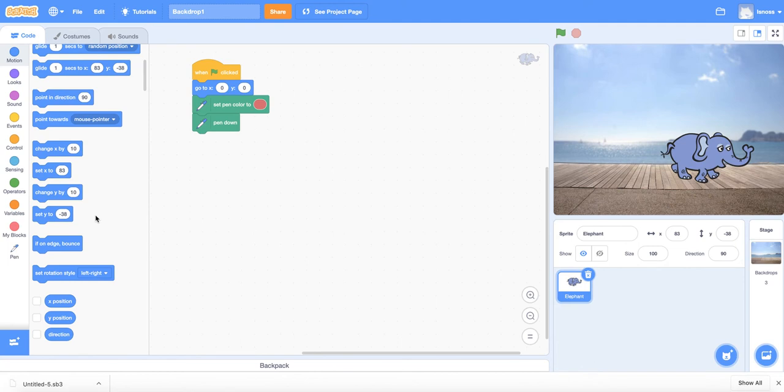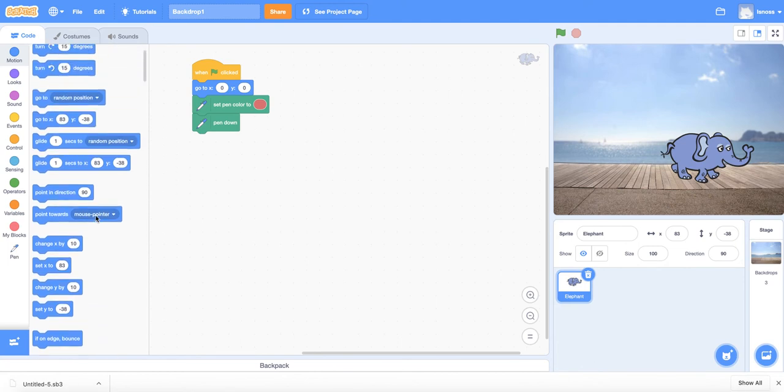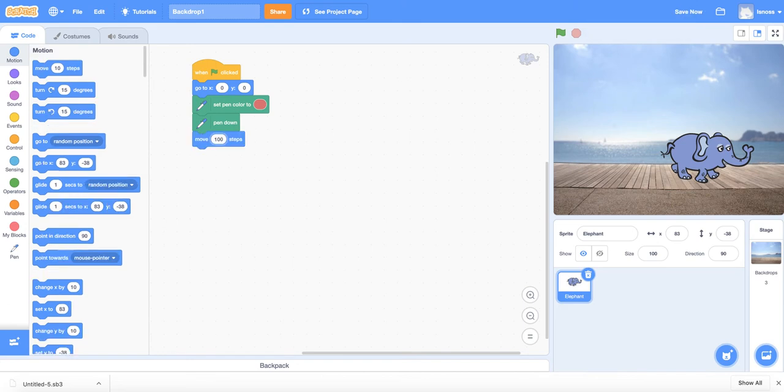So where is that? Okay, so I went and did the move, and it says 10 steps here, but once I dragged it onto my programming space, I changed the 10 to 100. So then I'll actually take the pen, starting at 0, 0, and I'll move it over 100 steps. Now what I want to do is turn the computer, I want to turn it 90 degrees so it'll be facing the other way. So I'm going to turn 90 degrees because that would be the edge of the square,